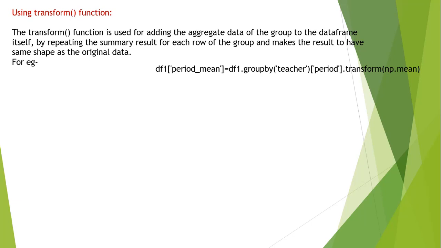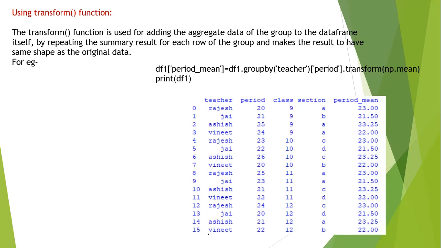Now once we perform the mean operation over them, all the elements will be similar for those elements. Okay, and now after getting these mean elements, these values will be added in this df1 period underscore mean column. Okay, so let's see the result here. If we print df1, this will yield this data frame.